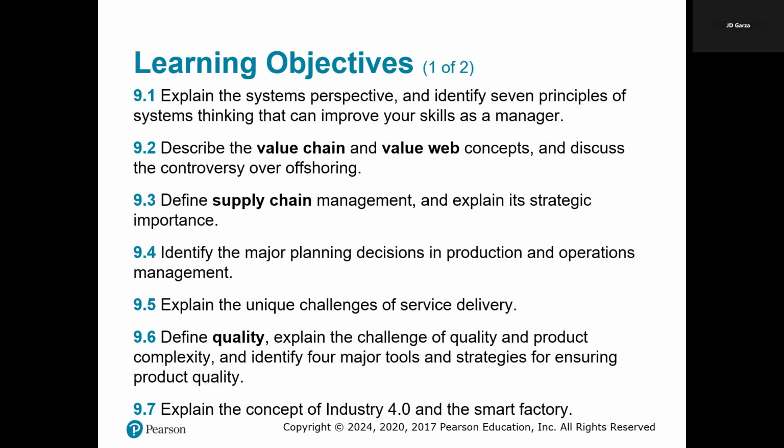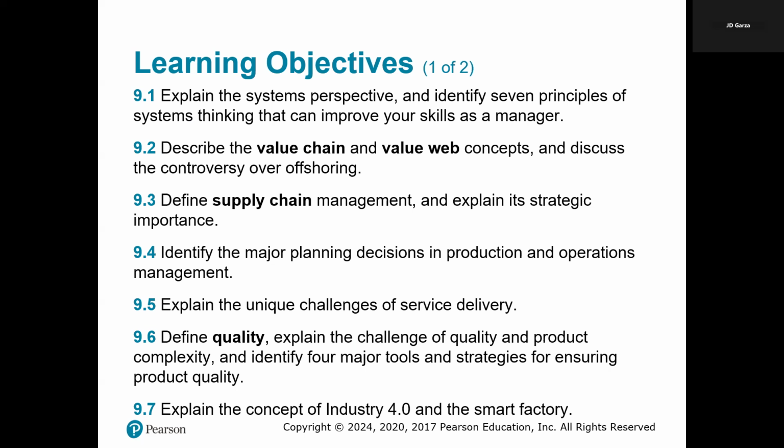We're also going to cover the value chain and value webs. We're going to discover how value is created from start to finish, and you're going to analyze how value chains and value webs operate, and even tackle the controversy of offshoring, exploring its impact on global production. Then there's 9.3, the supply chain, where we dive into the strategic world of supply chain management. That's essential for getting products from suppliers to customers seamlessly. By now, you should start understanding why it's crucial for business success and competitiveness.